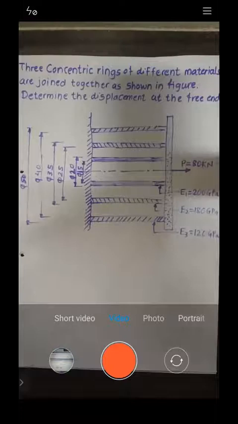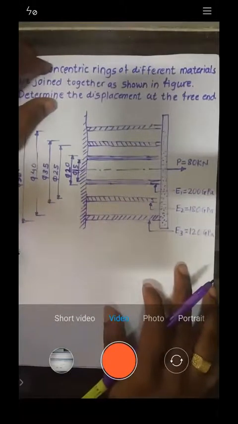Next is based on change in material, again how many elements will you get? Again 3. Those 3 elements are the same which you got by change in cross section, right? By change in cross section you are getting 3 elements, and again by change in material you get 3 elements, and they are the same elements. So for this problem, 3 elements will be formed.